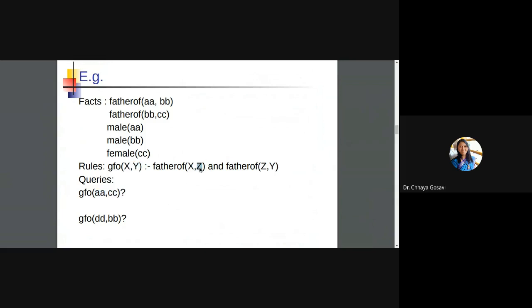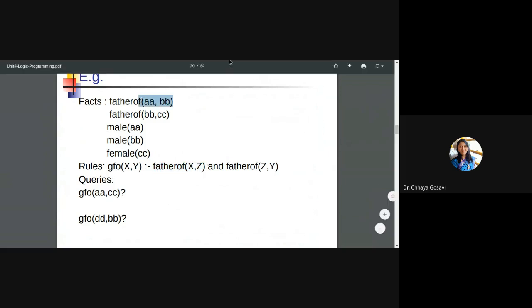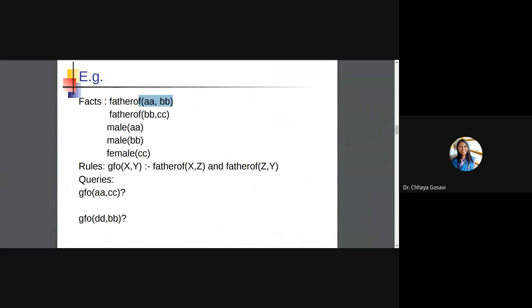So you have to find out Z: father of AA, what? What is the value of Z? It will match this with a fact. Yes, correct. It's BB. The value of Z will be BB.